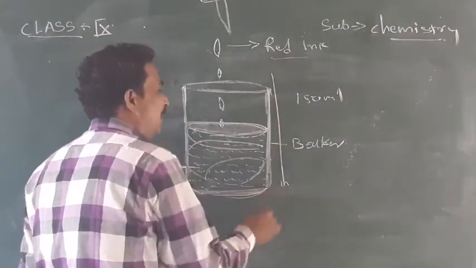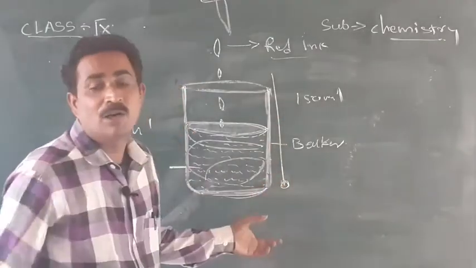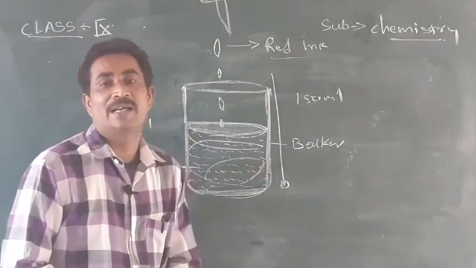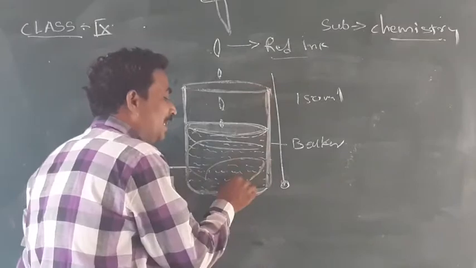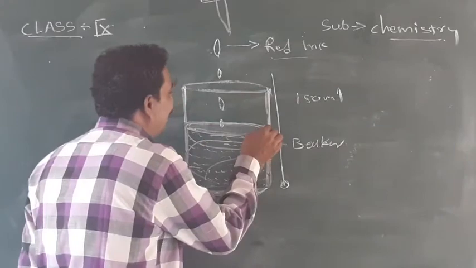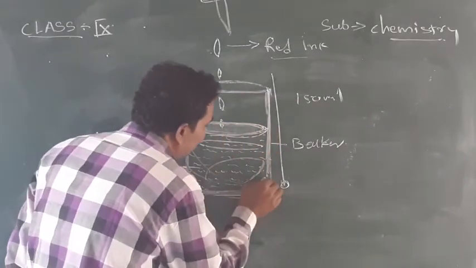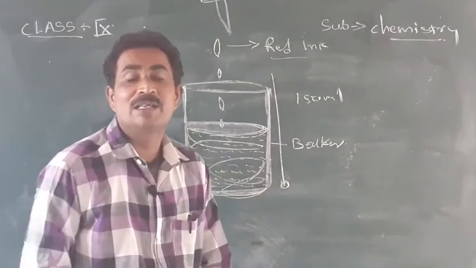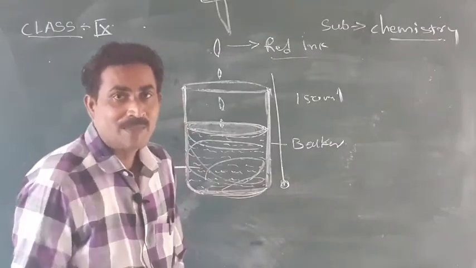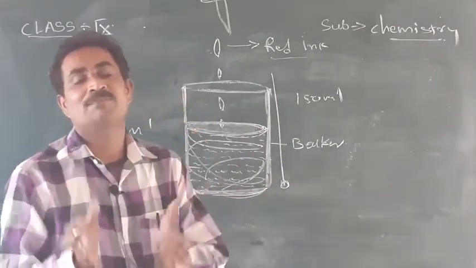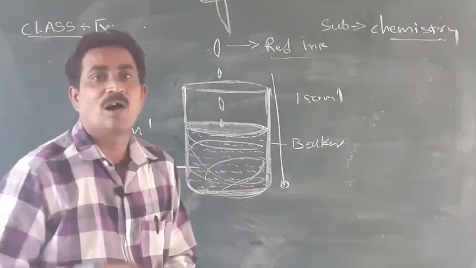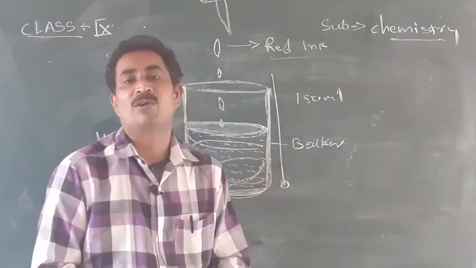When we add a stone, it directly reaches the bottom. But when we add ink or honey, it does not reach the bottom directly. Likewise, if we add gum in water, it forms a layer at the upper surface and reaches the lower surface slowly. Since they reach the bottom by continuously moving in water, this activity says that the particles of matter are continuously moving in their particular orbit, in water. That is the conclusion for this activity.